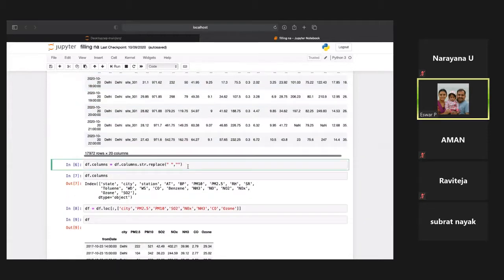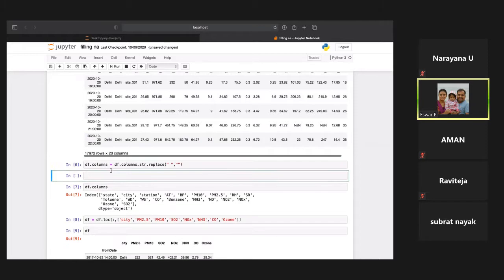Add one more. You can even make a list also. Same thing.